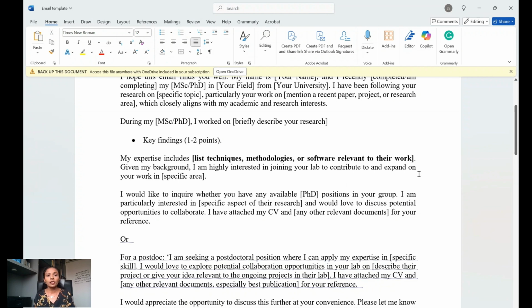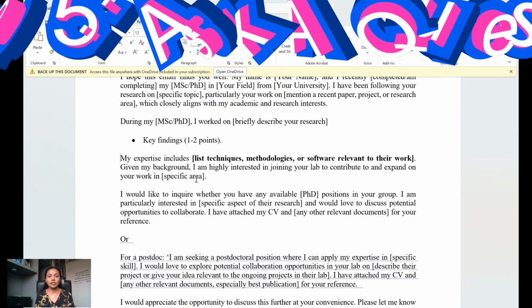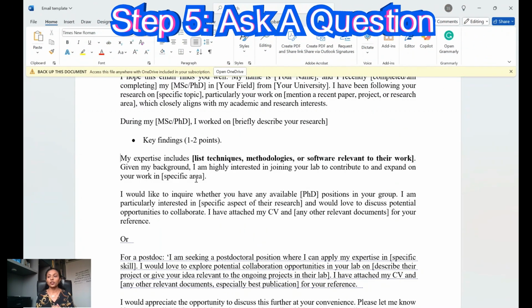So this would be very crucial for them to decide whether you would be a good fit for a particular project. And give an extra line that you are interested in joining the lab and to contribute and expand to that particular project, because it has to be relevant to your research area as well, whatever your background is. Then in the next step, that is the fifth step, you ask about the availability of the positions,